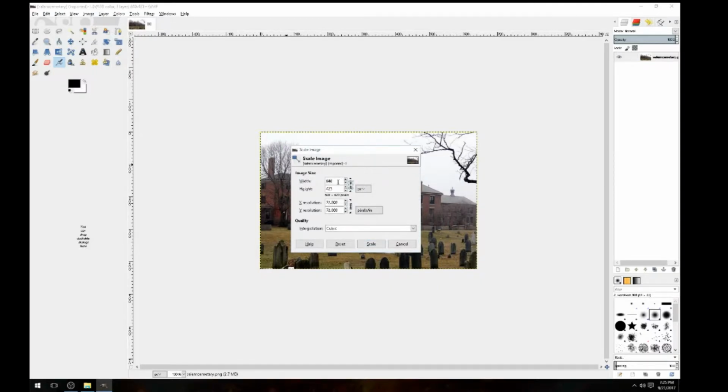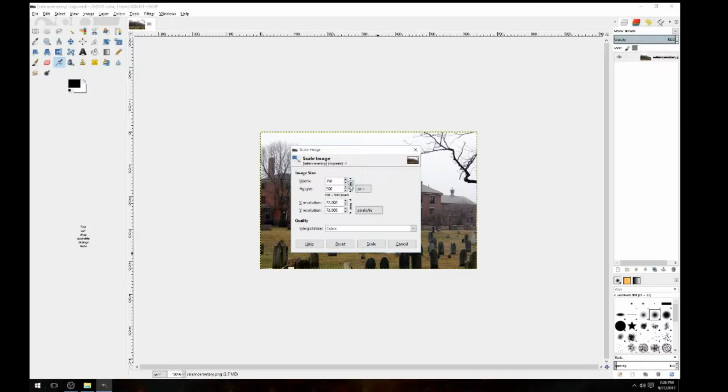The width is 640 by 423. If you change your scale, you want to keep close to that difference of 217, the difference between 640 and 423. So you can round it off like I'm going to do, and make a 250 difference between the two. So we'll come up here to the height and make it 500, and we'll make the width 750. The reason why I want to scale this is